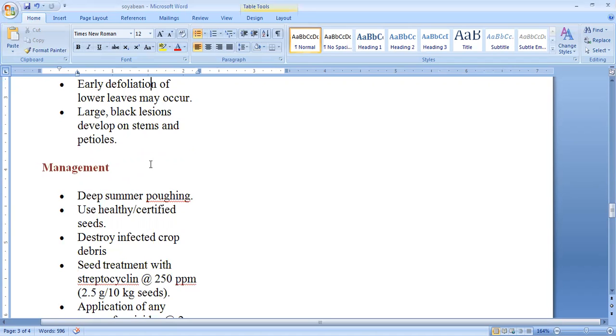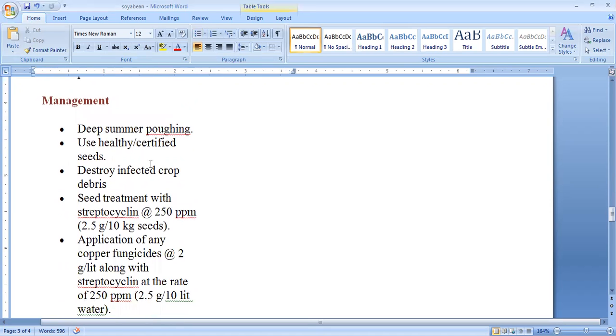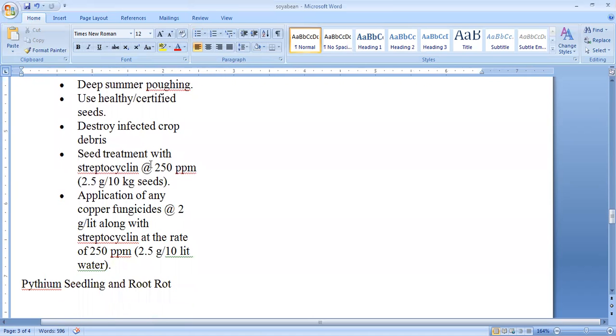Why are we using streptocycline? Because this is a bacterial disease. At the rate of 250 parts per million, that comes to 2.5 grams per 10 kg seed. Application of any copper fungicide at the rate of 2 grams per liter along with tetracycline at the rate of 250 ppm